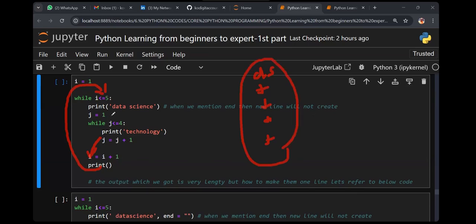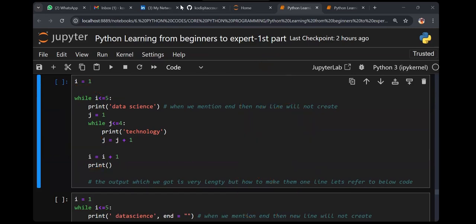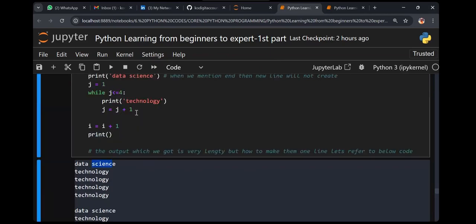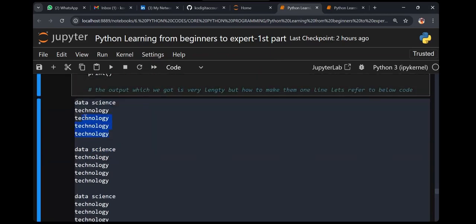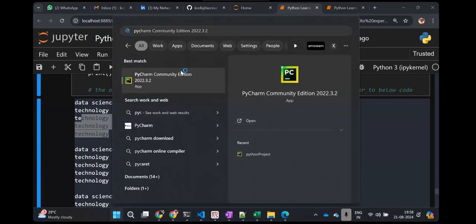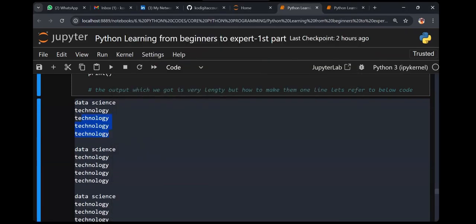Can we go to the another step? What happened? 2 less than 5. Again data science, technology print 4 times or not? Can we go ahead and do it? So the same things, how many times data science, technology print, guys? Just go and check. Data science, and again this loop occurs. Technology. So I would better, do you guys install PyCharm Community Edition? Okay, it's free. Okay, good. Now here, one moment.